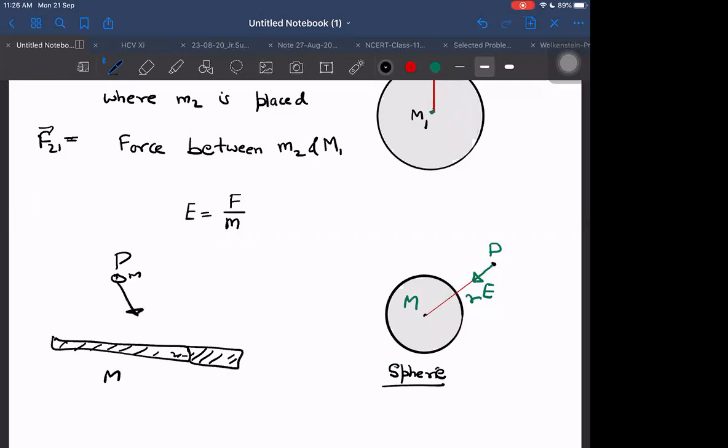But where will this side be? Will it be exactly towards the center? Not the center of it, no. It will not be towards the center of this rod. Similarly, what is this? There are certain things for which you don't define a center. What is the center of this body? Tell me the center of this body.